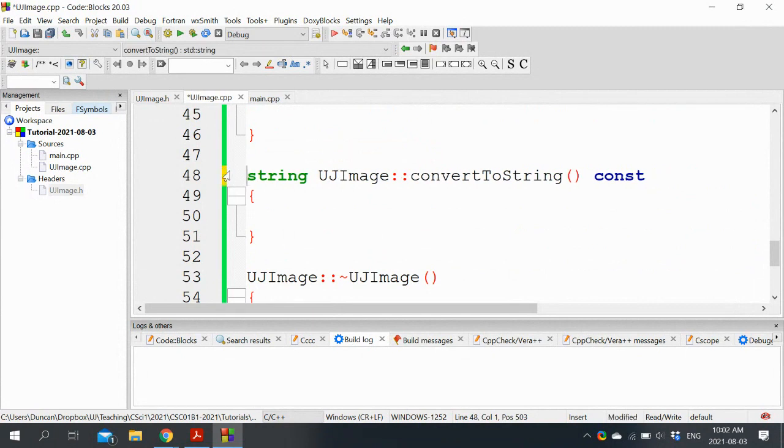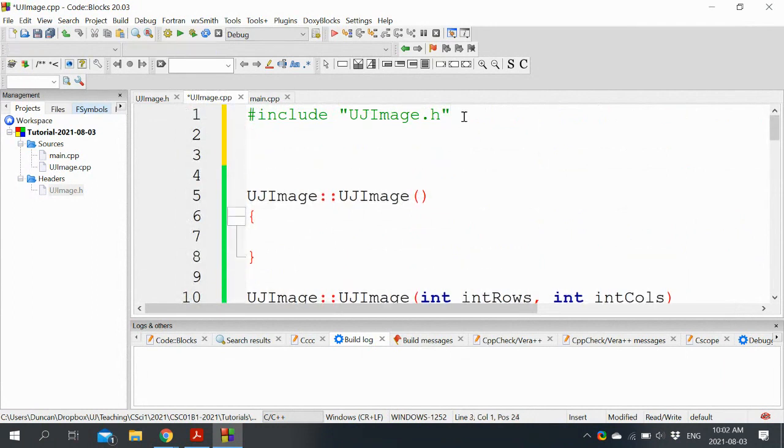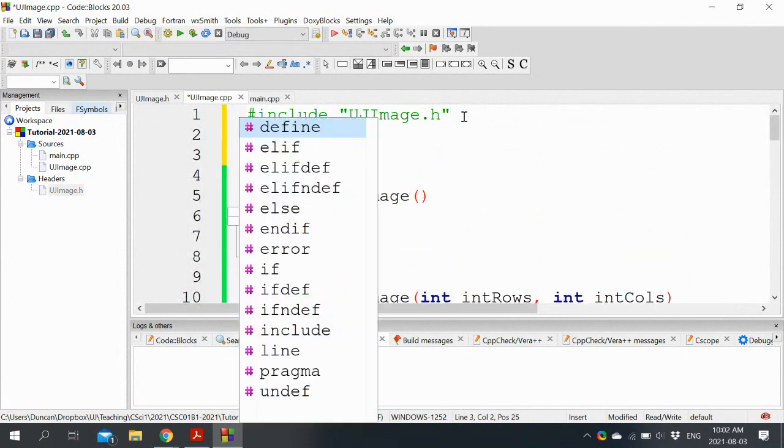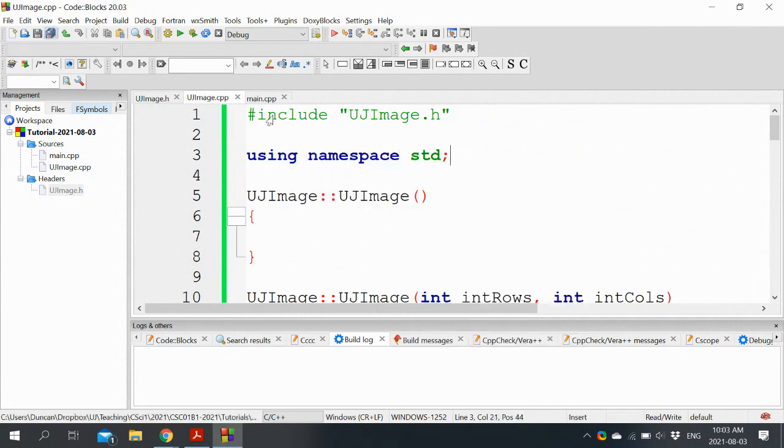Technically speaking, we don't need to fully qualify the name of the string there, because in the header file using namespace std is bad, because it will pollute the namespace. But inside the implementation file, that's not the case. Because no one includes the CPP file, they only include the header file. So you can happily bring in the standard namespace all you want there.